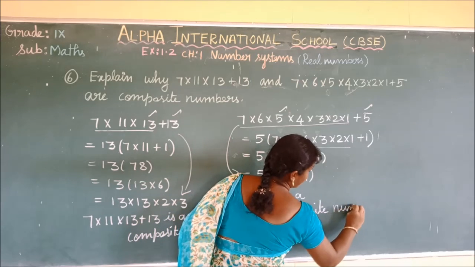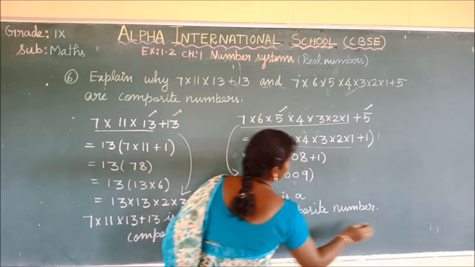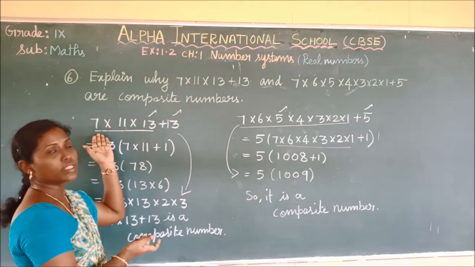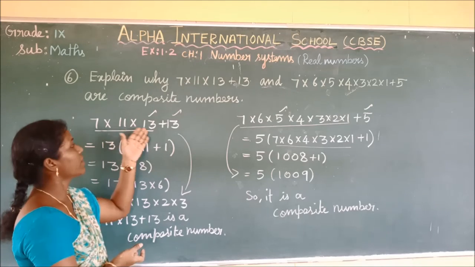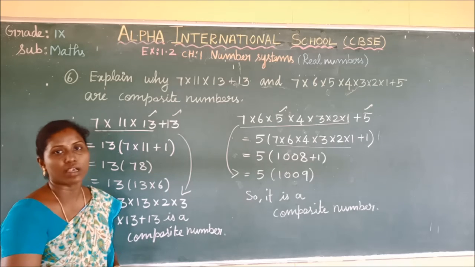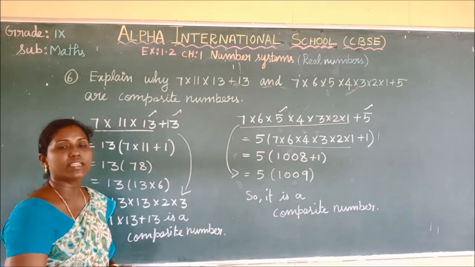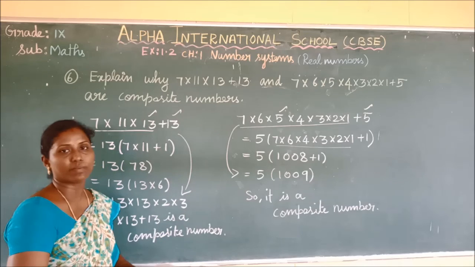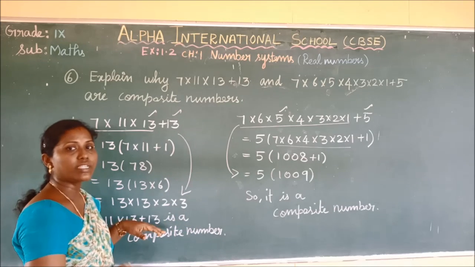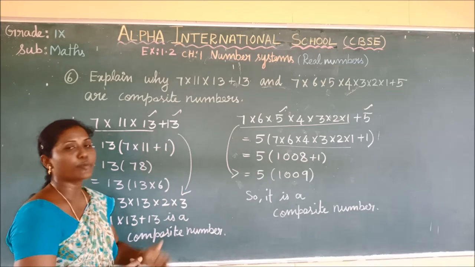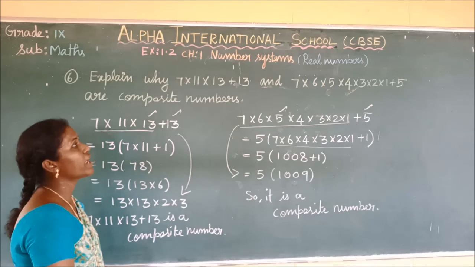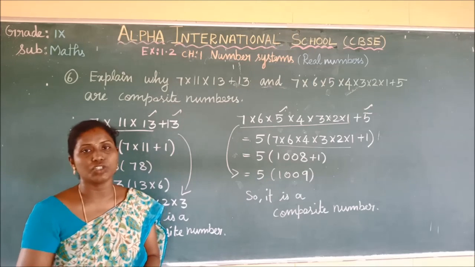So if any number is given like this as an expression, don't think that we have to multiply 7 into 11, then multiply by 13, then add, and only then analyze whether it is a composite number or not. Just try to express the given expression as a product of primes. You see the final expression. If the expression is made up only of prime numbers, a product of prime numbers, surely the given number is a composite number. So with this we have completed our second exercise, children.